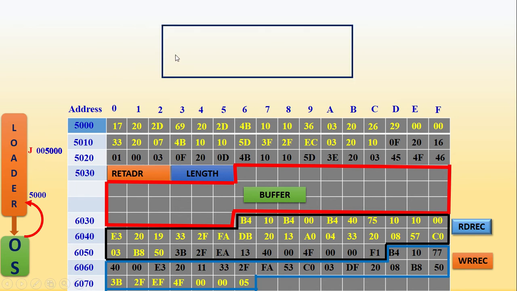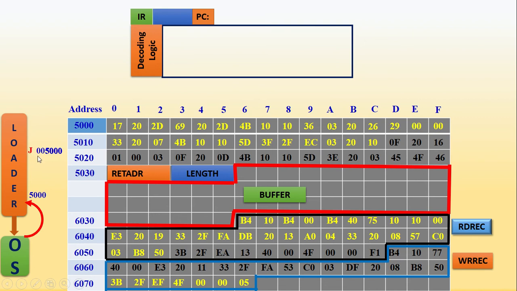We know that the microprocessor has decoding logic, execution unit and so on. The microprocessor has one more register by name instruction register, which contains the current instruction to be executed. And the program counter always contains the address of the next instruction to be executed. According to the loader, the next instruction to be executed is the instruction at location 5000. So the control should be transferred to this location 5000.